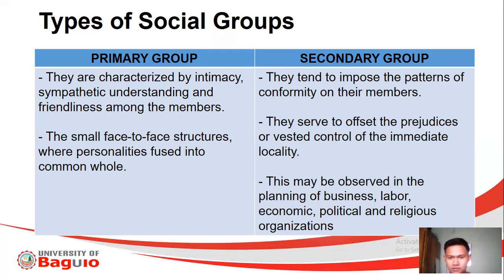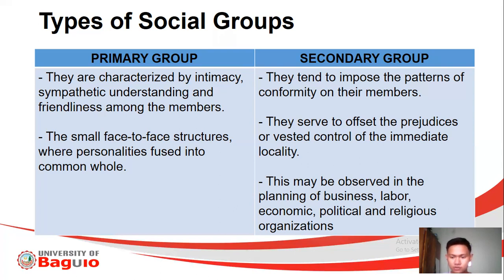So here in secondary group, unlike in primary group, there is no intimacy. In the primary group, ibig sabihin, with or without the rules and regulations, we take care of each other. Hindi natin kailangan ng isang rules or isang batas para mag-comply tayo or magtulungan tayo. However, when we say secondary group naman, we are only together because we are mandated to do something. A very good example of this one is the working area.